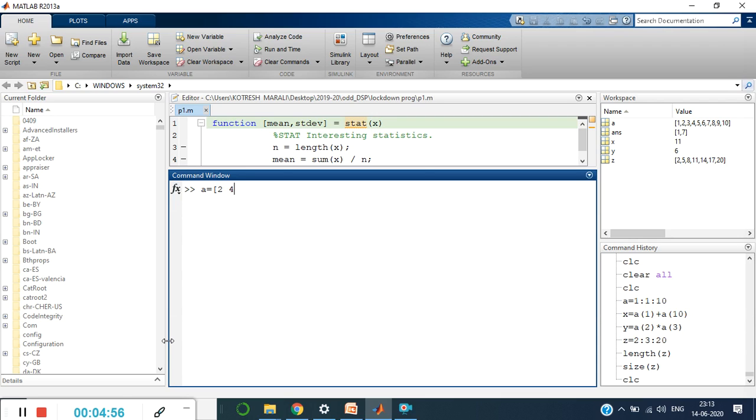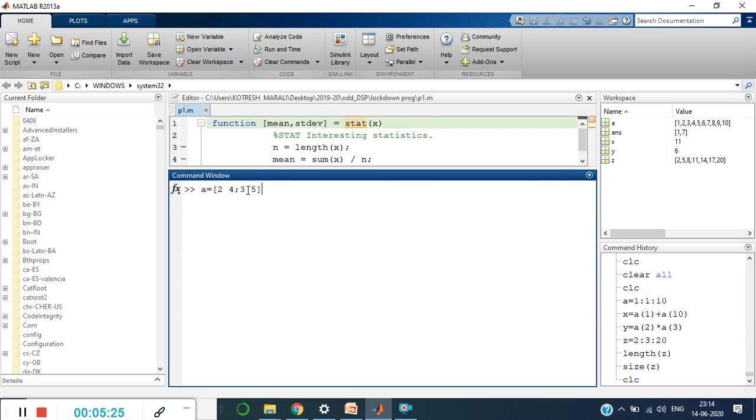This is the first row: first element 2, second element 4. Now I am coming to the second row. I'm trying to write a simple 2 cross 2 square matrix here. The second row first element is 3 and the second row second element is 5.